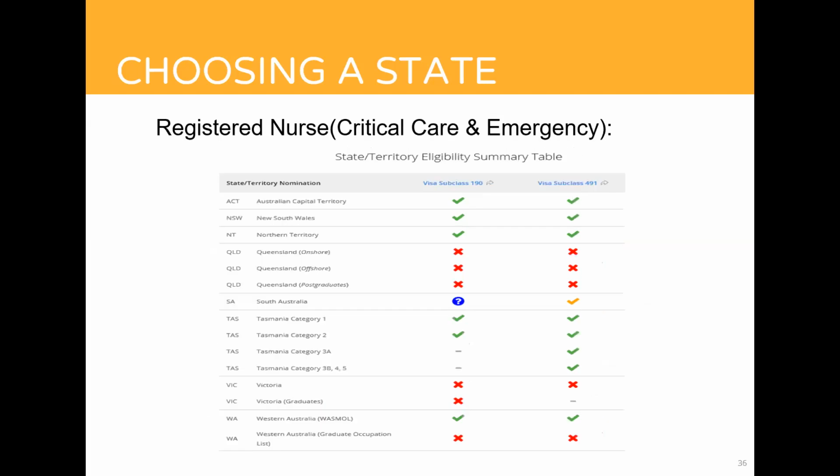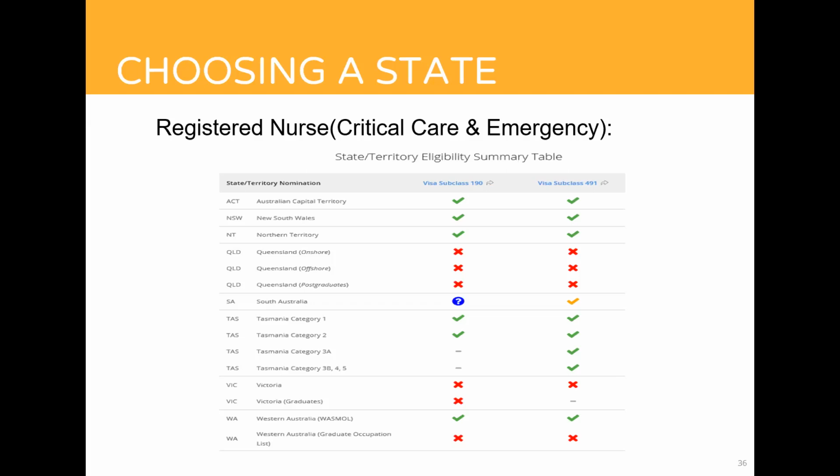This one is for registered nurse. You can see there's a little bit more availability for that. So keeping an eye on these changing opportunities is also necessary to see whether your strategy is going to work. And again, you need to be aware of what the specific requirements are for each category. So if Tasmania will sponsor you if you've studied there for 2 years, but you're not prepared to go there, then it's off the list.